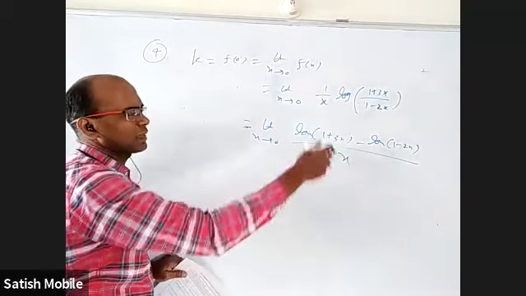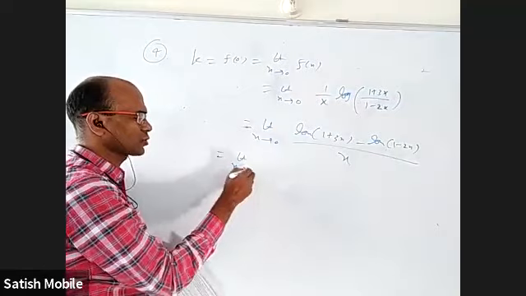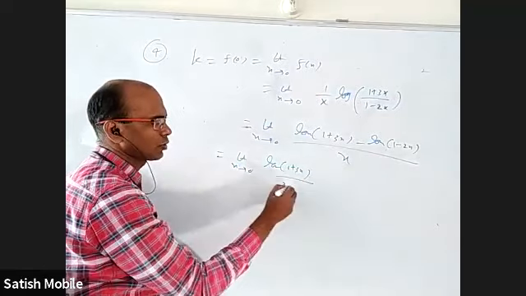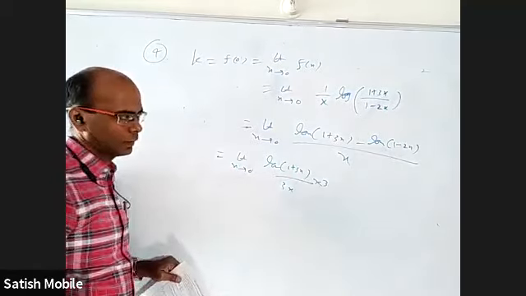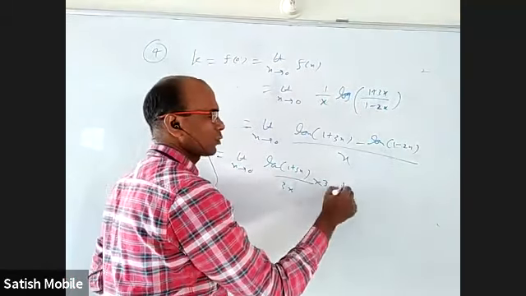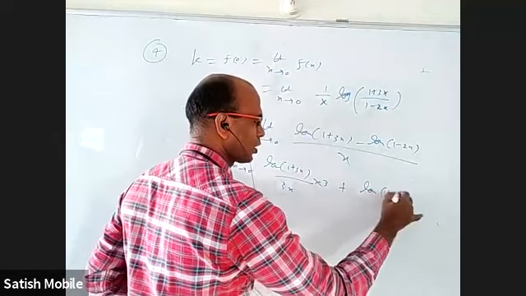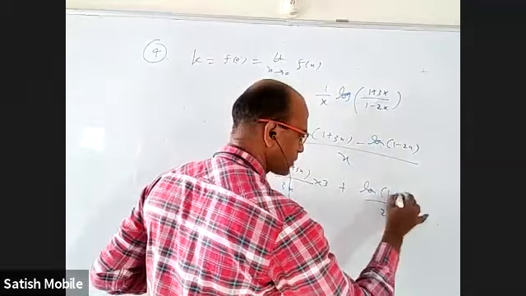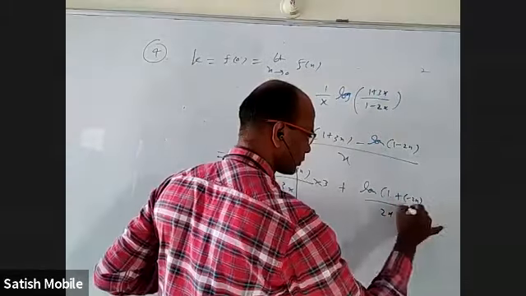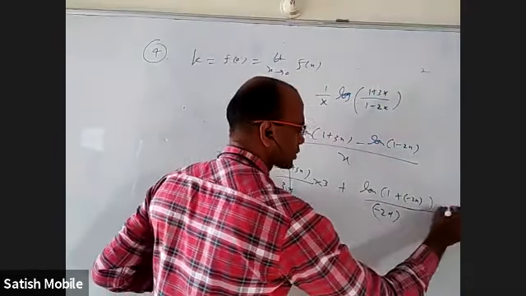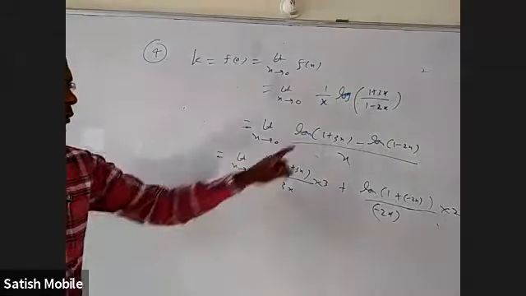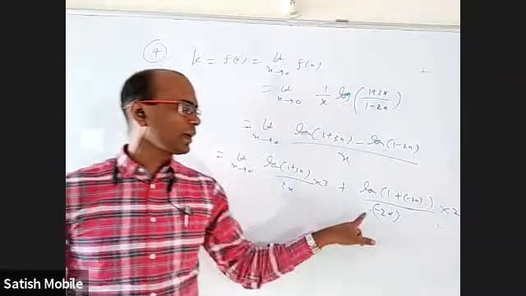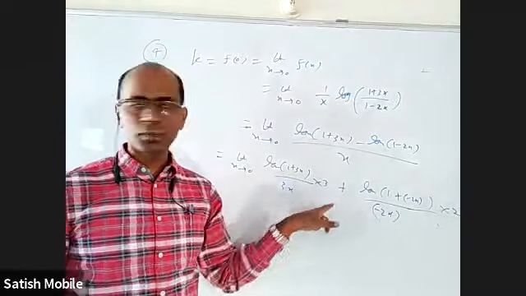When I take this by this separately, limit x tends to 0, log(1+3x)/x, I am going to write it as log(1+3x)/3x into 3. When I take this by this separately, I am going to write plus log(1-2x)/x, I have to write 1 plus minus 2x, by minus 2x into 2. I took this by this separately. Here I multiplied and divided with 3. Here I multiplied and divided with minus 2. That's how that minus went and became plus.